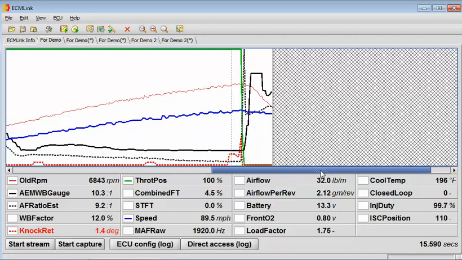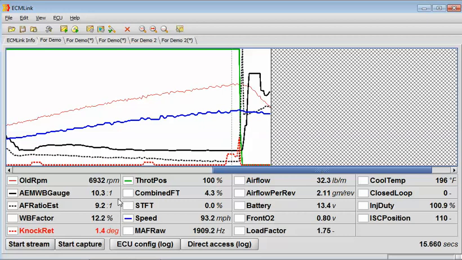Another particular one, he had a little bit of knock on this one, even though the Mafcomp sliders weren't adjusted properly. His air fuel ratio looks to be okay. About 10.5 is the most you want to go on pump gas as far as air fuel ratio. It could be false knock, or you may even need to retard the timing a little bit. He was running a little bit high of a boost for the fuel injectors he was running, but still the air fuel ratio doesn't seem too bad. Anyway,